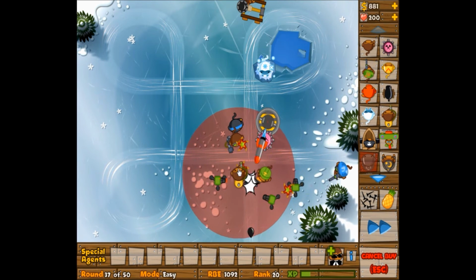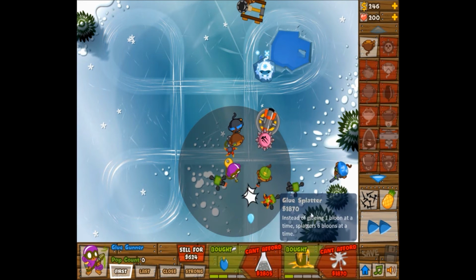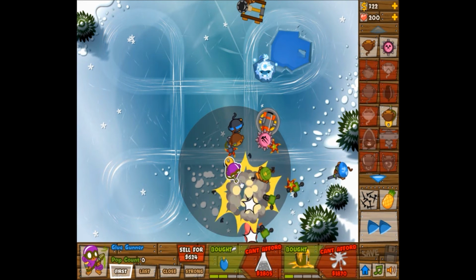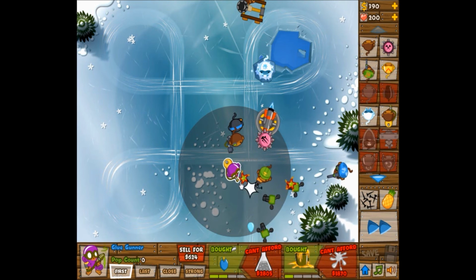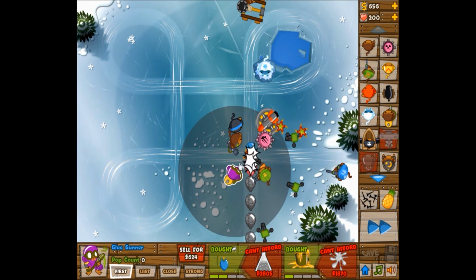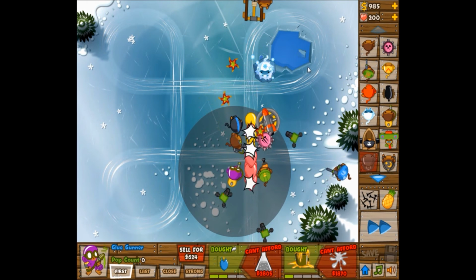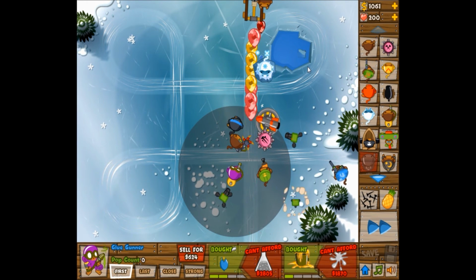Okay, Glue Gunner. Another one of my favorites. And the reason I don't use him more often is because, like I was saying, you need a lead buster to pop all these lead. Even though it is a good lead buster, once you give it the glue splatter, you also need a blimp buster, meaning something that's good against the Moab, the blimps, because